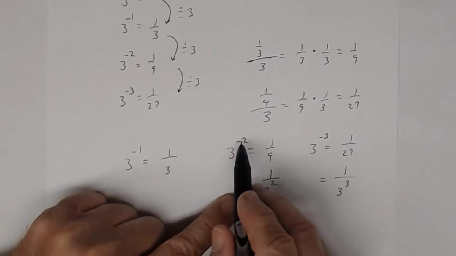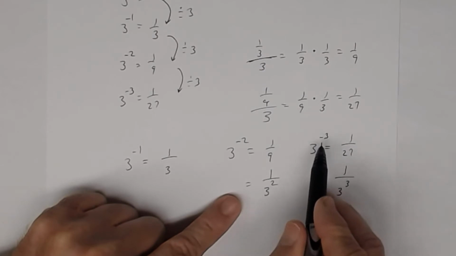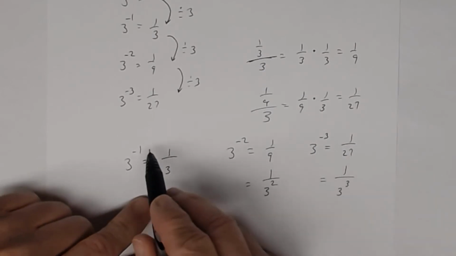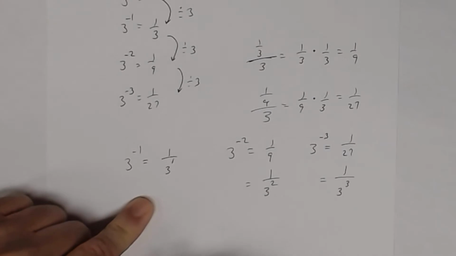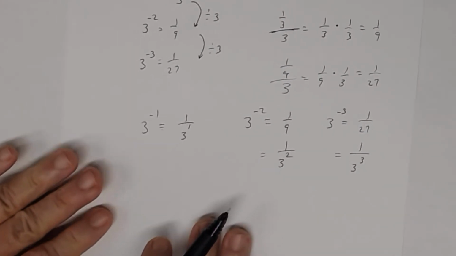Notice a positive exponent. Negative 2 becomes positive 2. Negative 3 becomes positive 3. 3 to negative 1 means 3 to the first, right? Negative 1 becomes positive 1. So that brings us to